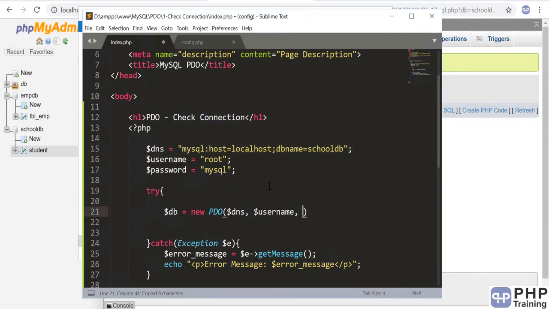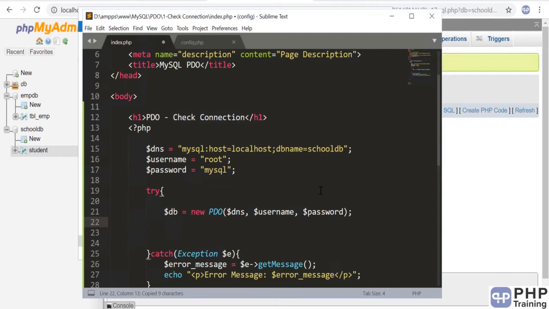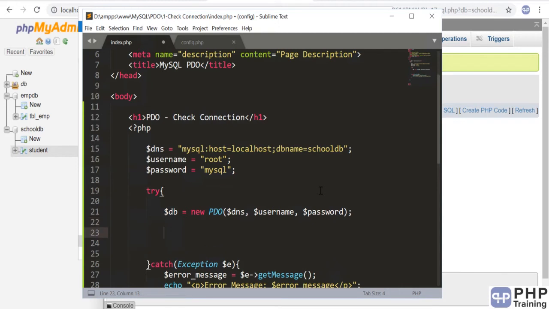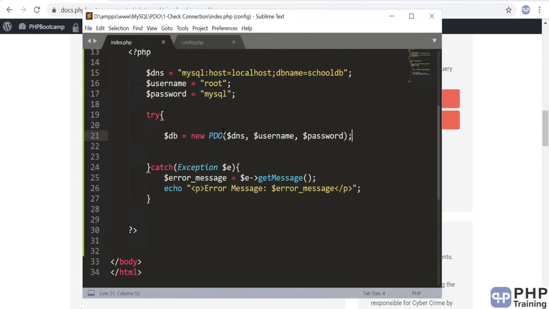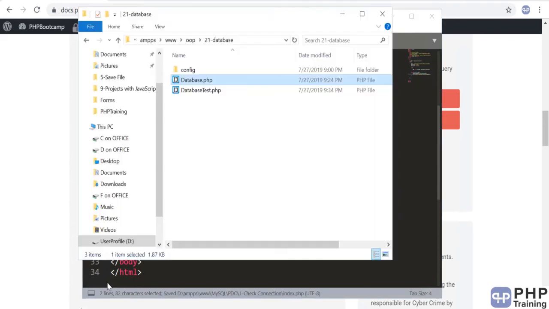If everything is correct, the username, password, host name, database name, it will establish the connection. Okay, or else you will go into the catch block. This will be printed. All right, so we have created our instance now, and if there is any error connecting to the database, this statement will raise an exception and you will see this error. Okay, we're going to check both positive and negative test cases.